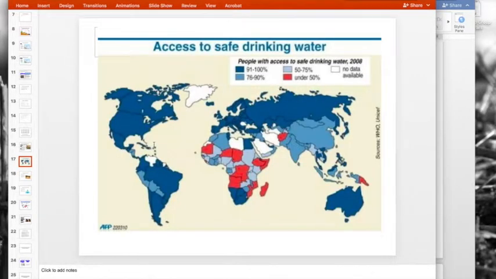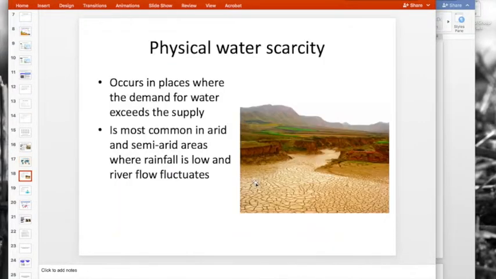If we flip back to the map, hopefully we can picture this, right? We've all seen enough nature documentaries to know that we're looking at places with seasonal rains, where rain is present for part of the year and it's dry for the remainder, where rivers and lakes dry up over the course of the year, and where rain may come one year but not the next, and not the next after that.